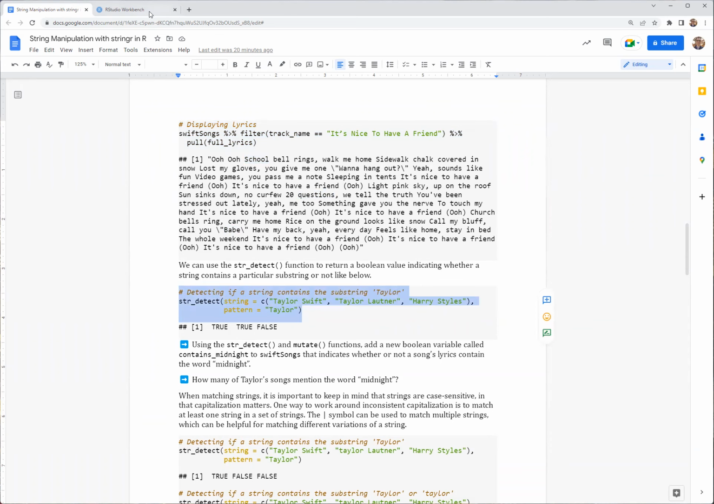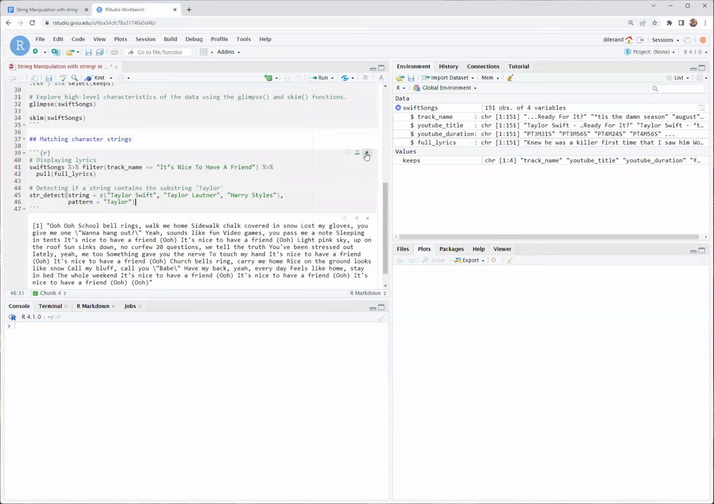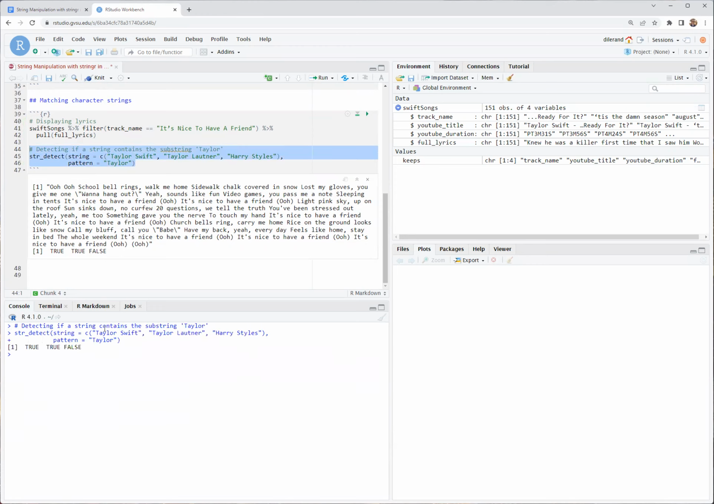So for example, let's print it in the console here so it's more clear. We can detect in this character vector that has Taylor Swift, Taylor Lautner, and Harry Styles, and return a Boolean value, a true or false value, for whether or not each string in the character vector has the substring Taylor. So we see that's true for Taylor Swift,